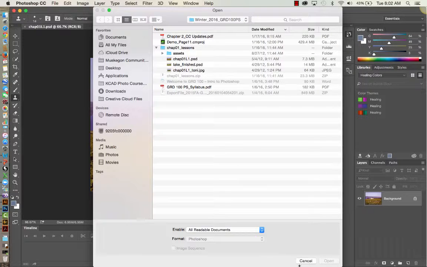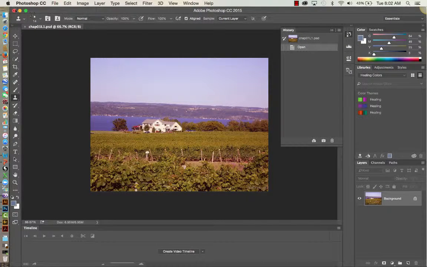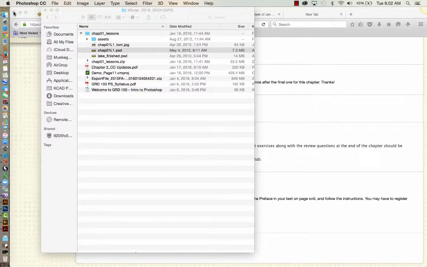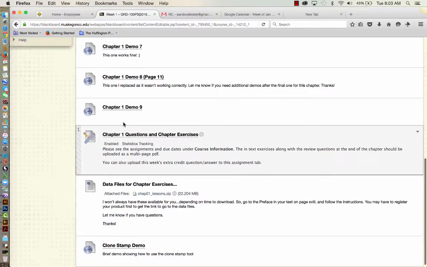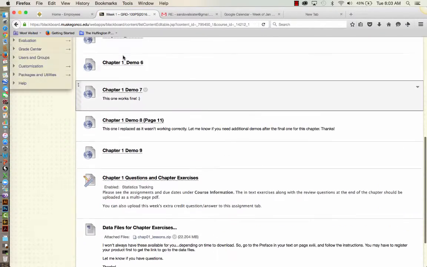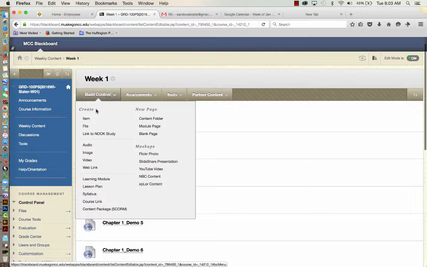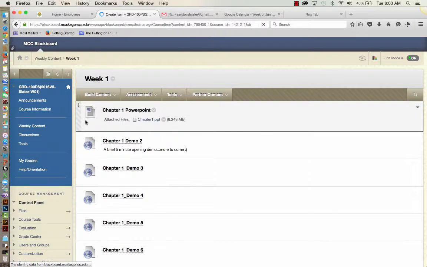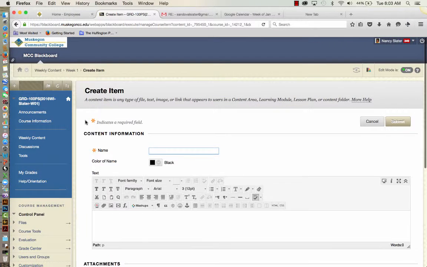Now, assuming that you've done all that and it still doesn't open, then it's a possibility that the file has been damaged. And so what I'm going to do right now is go back into Blackboard and go under Week 1 and up here to Build Content. You don't have to do any of this. I'm just doing this so,